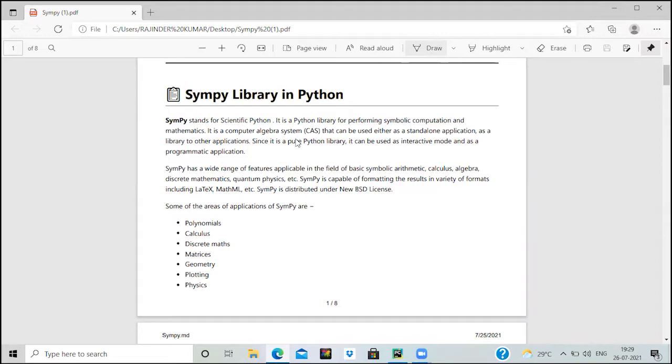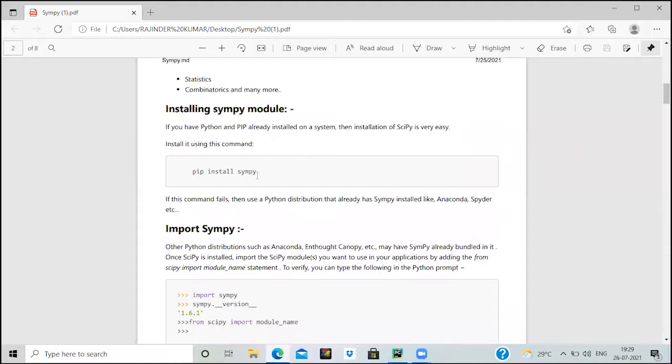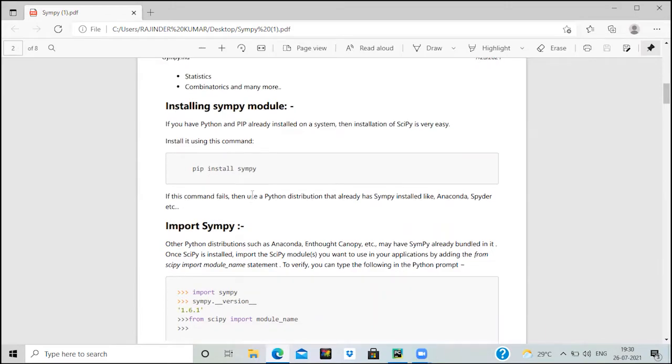This computer algebra system helps in converting algebraic expressions in the same way as we calculate them using manual methods. So these are the steps that we can use for installing SymPy. We can run this command if you're using Anaconda, or on the command prompt, that is pip install sympy.